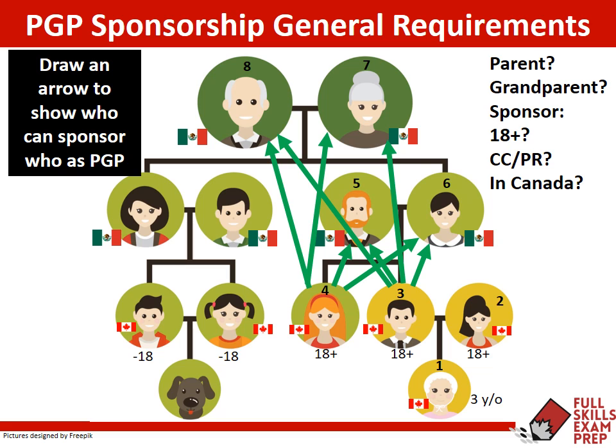However, there's an important point we're going to look at in a minute. And you're going to see this throughout the whole lesson. You're going to see it throughout 2 of the sample questions you're going to look at later. And that is with regard to the spouse of the gentleman with the yellow background who can potentially sponsor his parents and grandparents.